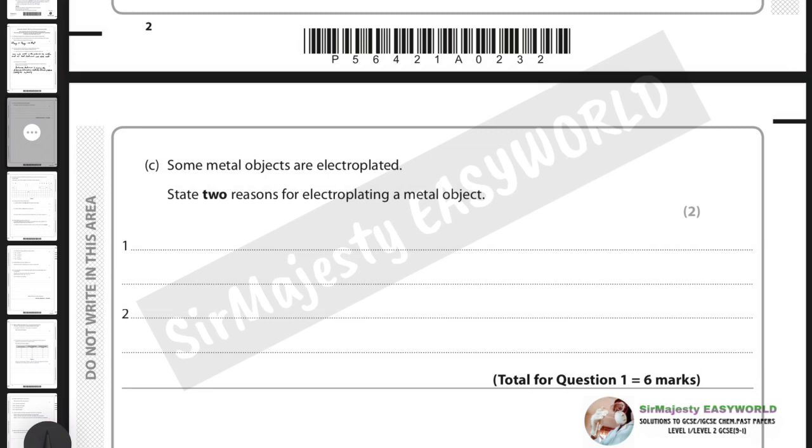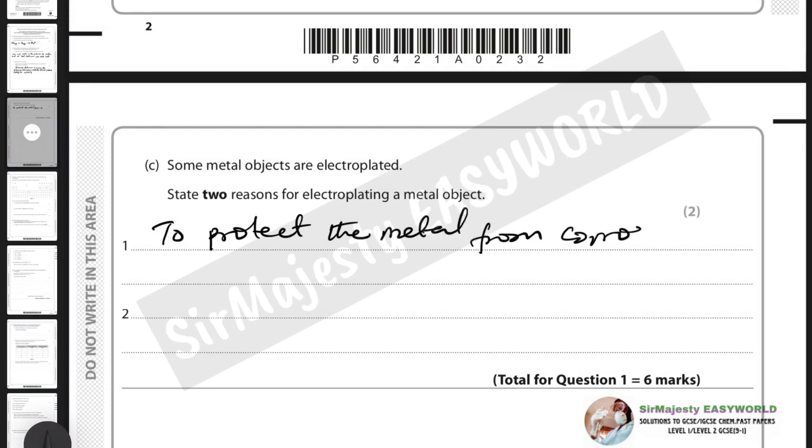Second is to make it more shiny, that's to improve on the appearance of the metal. So you fill in here, to protect the metal from corrosion. Then secondly is to improve